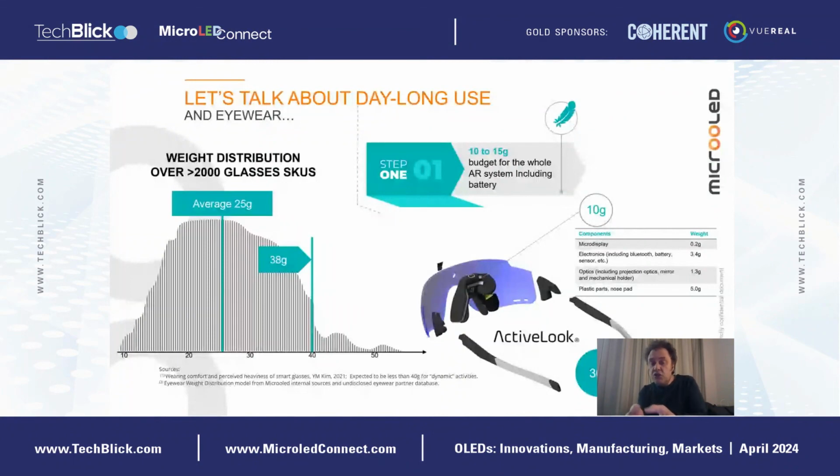This is something that we achieved with Active Look, where we integrated everything, including the plastic, in less than 10 grams, and you see that the display is 0.2 gram, the electronics and battery is about 3 grams, and altogether